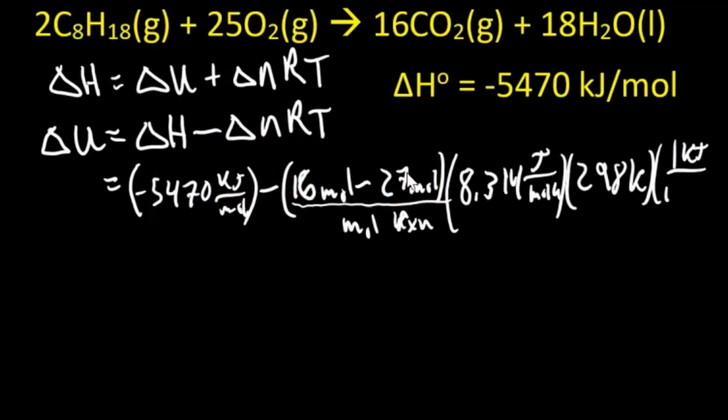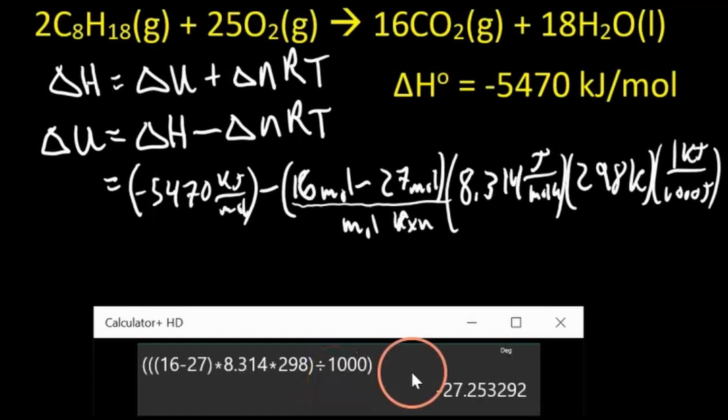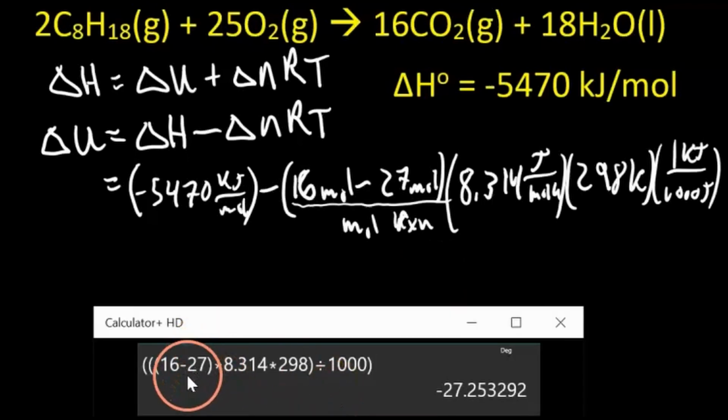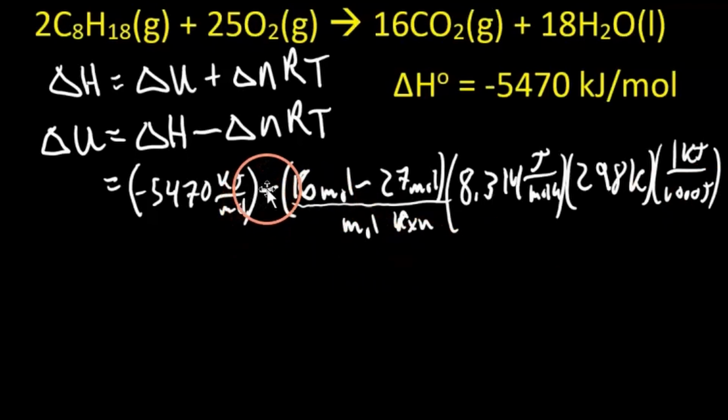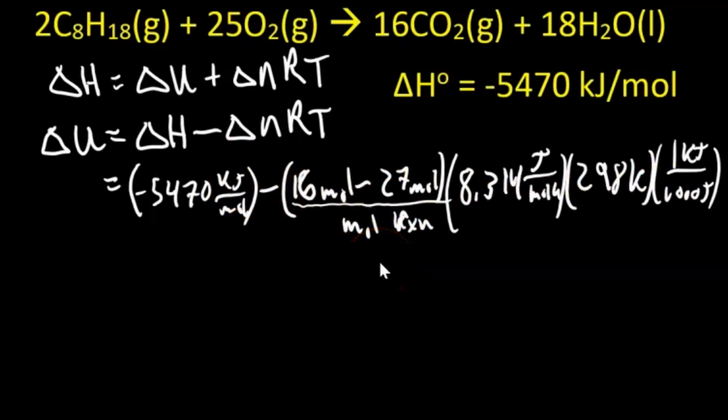1 kilojoule for every 1,000 joules. So I'll do that right now. Actually, divided by 1,000. So negative 27.25. Now this is negative, so we're subtracting a negative. So I'm just going to make this positive, right? This is negative, but this whole thing is negative. So subtracting a negative makes it positive. So we have 27.25. So plus